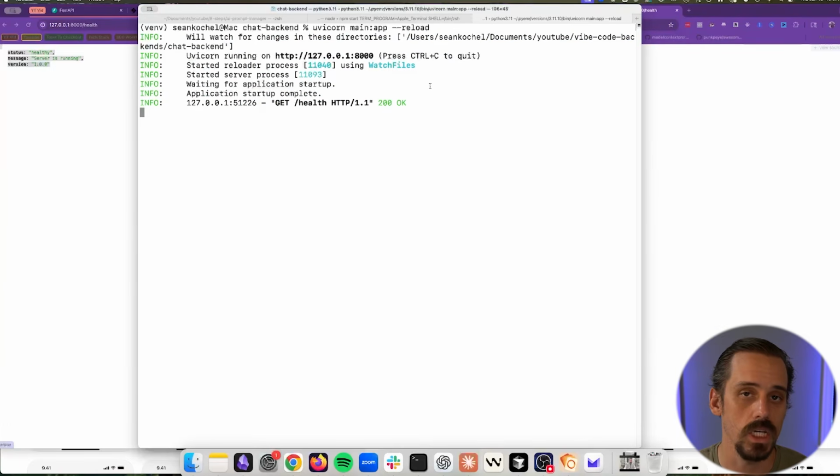So that's obviously pretty straightforward, right? We now have a functioning server that we could deploy somewhere, and it obviously doesn't do much. It has one endpoint that we can hit that says health, but hey, we have a server that is up and running. So once we've got our basic server up and running, I want to now create a database that